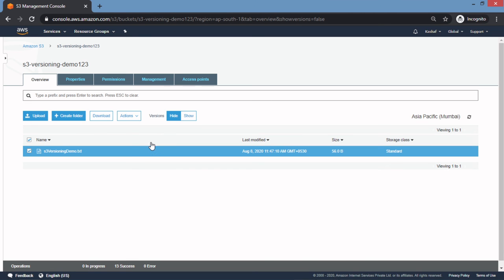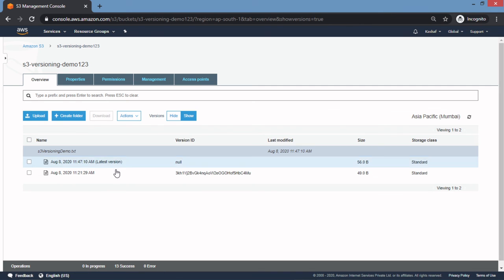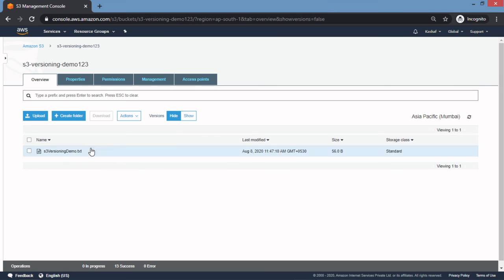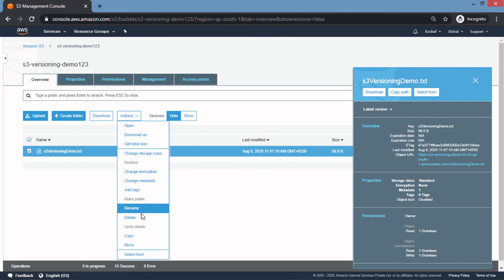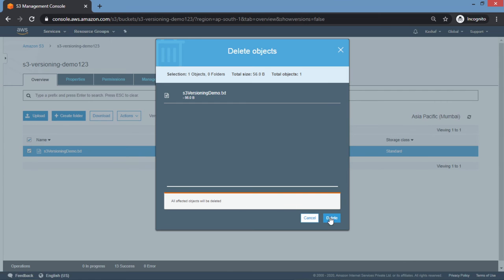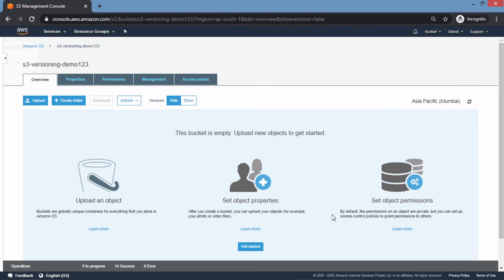Okay, now I want to delete this file. Suppose I delete this object, any guess what will happen here? Your object will get deleted.